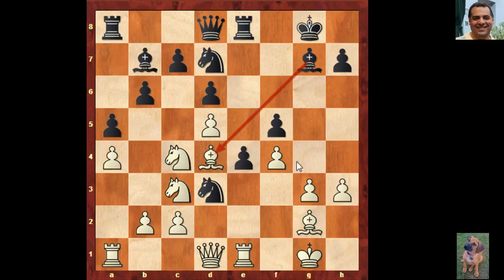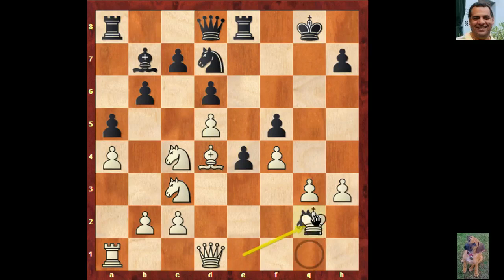Knight d3, white just ignores this. White just plays bishop takes g7 and can play bishop d4, and this is just equal. Okay, so knight d3 wasn't tried. In fact, bishop takes d4 check was played,